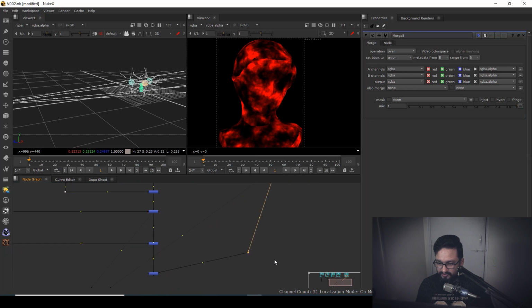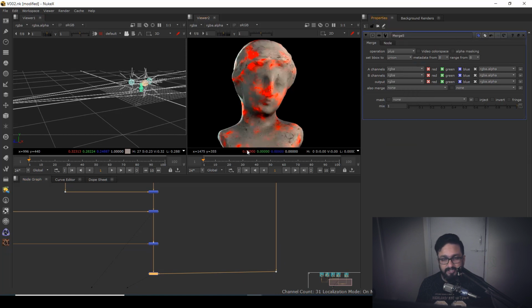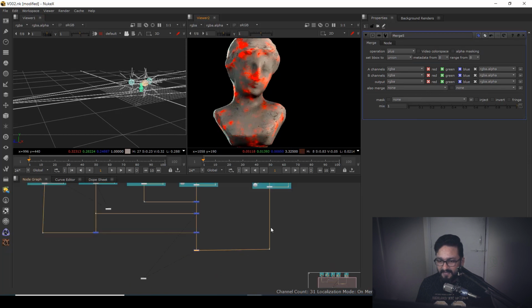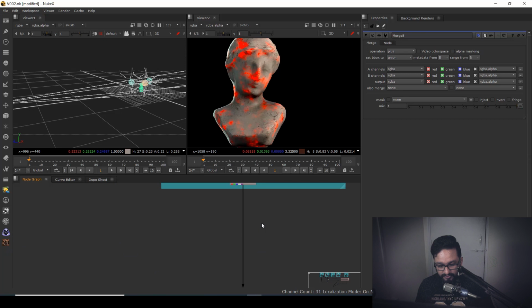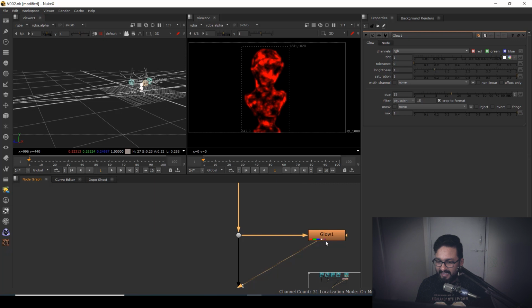I can take another merge and connect this, and I'm going to arrange my comp. And if you can see, I need to plus it because any light information should be plus. It's not looking that great. So how can we do that? Yes, I can control it by using a node called glow. I need to make it something like lava. It should resemble lava. So I'm going to use glow here,